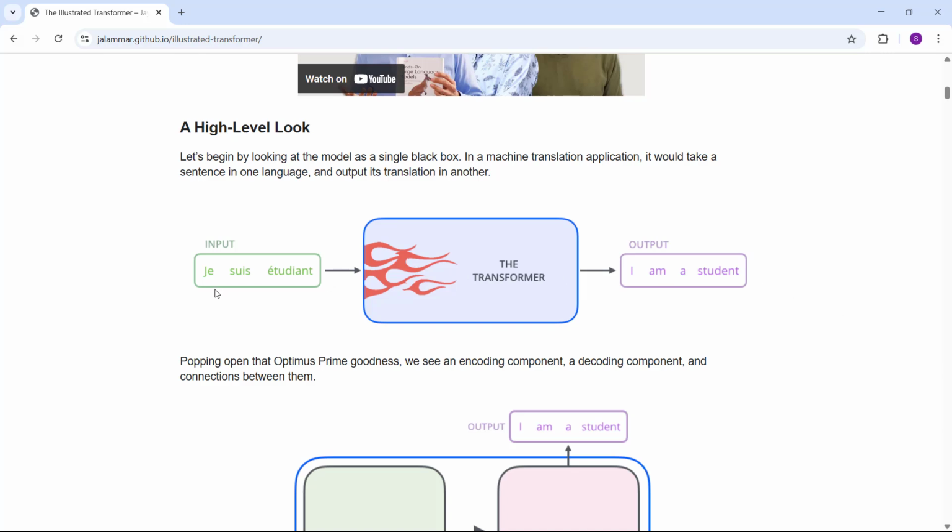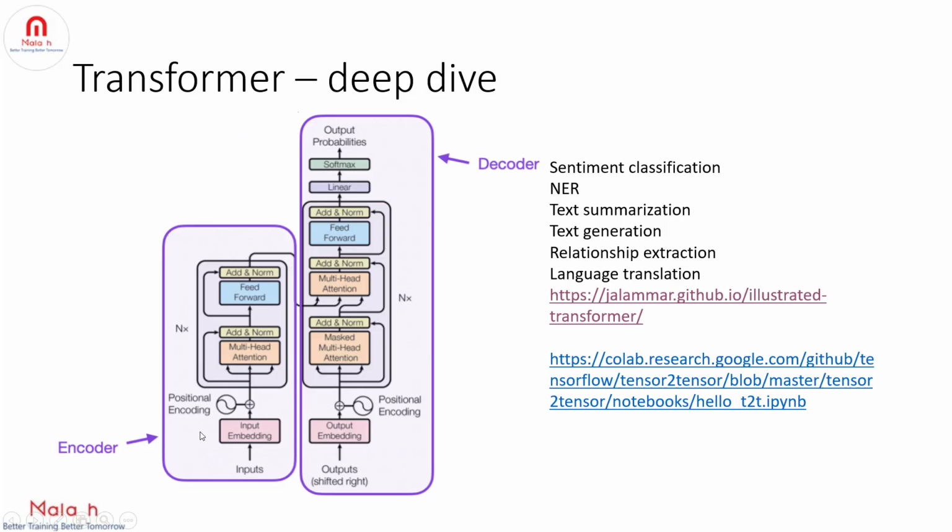Here, if you notice, we are passing Spanish input to the transformer and we are trying to get the output in English, that is Spanish to English translation. So we need both encoder and decoder in order to do this task. All we are trying to do is language translation here. Once you pass these Spanish words to the transformer, what happens? It goes to the encoder model. You will pass the Spanish sentence to the model as the input.